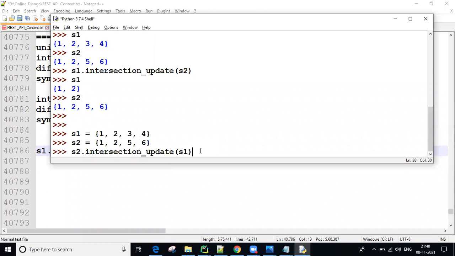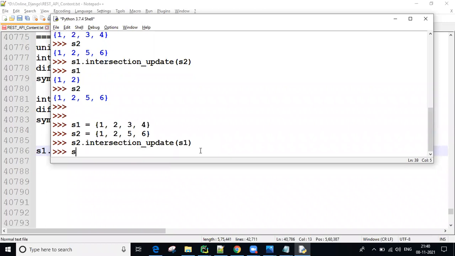Now what is the S2 data? Tell me now, all of you. What is the S2 data?